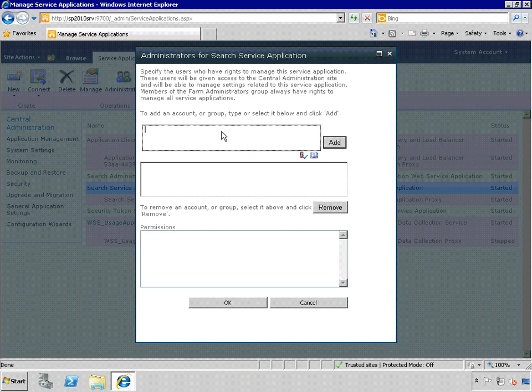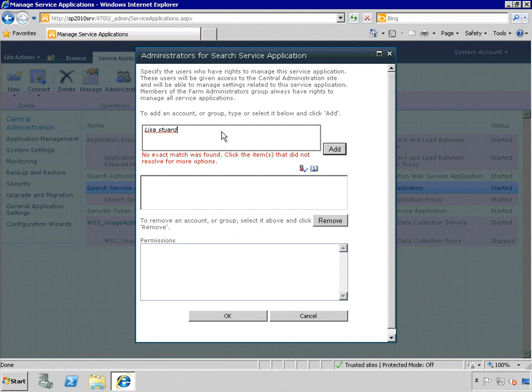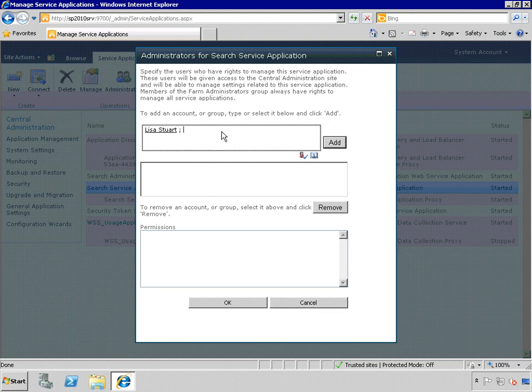And from here, we're going to add a user to that. We need to add Lisa Stewart as our Search Service Administrator. So go ahead and enter her name. And you can press Enter. Oops, it helps if you type the right name. And then you can press Enter and it'll resolve the user, or you can click the Check Name button below that. If you're not absolutely sure of the spelling, you can certainly click Browse and search for it. You have to click Add on the right-hand side,